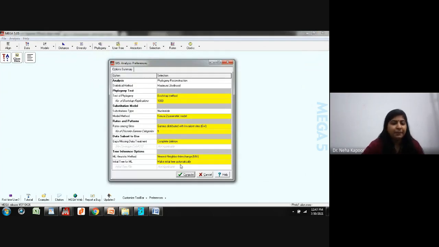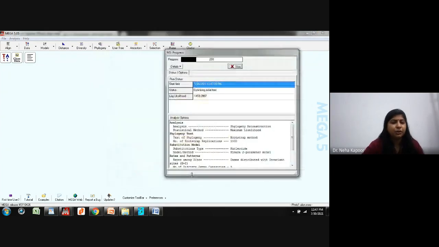Again, all the parameters are mentioned. I am clicking on compute. Herein, first of all, optimization would be happening, and it would take much time because right now only optimization is running and this is bootstrapping. Again, it is taking much time. Here you can see log likelihood, these are the probability values that it is calculating. So again, it will take time, so you people can perform it and you can have the tree.